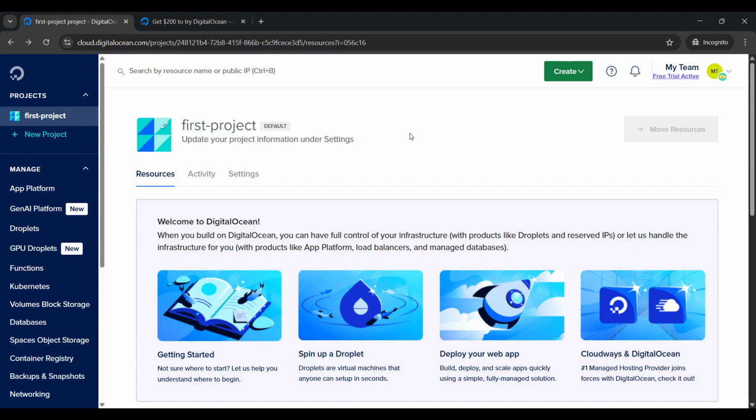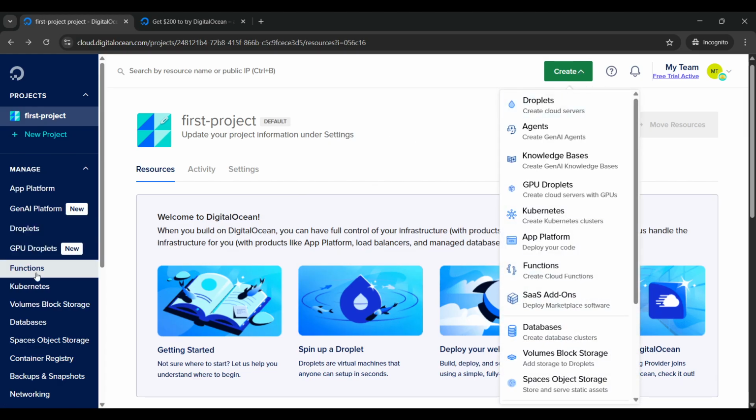Now, once you log into it, after adding the payment method, you will see a default project created for you. You can create your own also. So I'm just using the same for now. And I will access that droplet, nothing but virtual machine, from my Windows machine. All right, so let's create the first virtual machine. For that, you can just click on this create, or you can click from the left navbar also. So let me click on droplets,